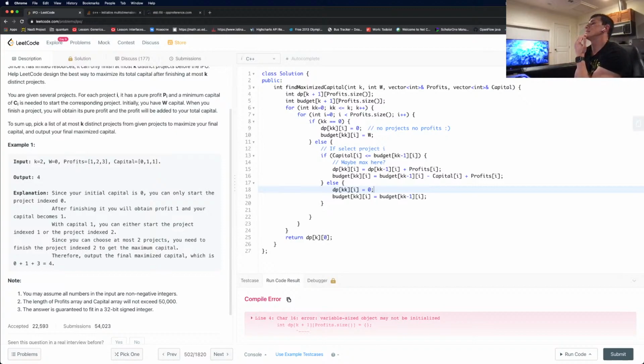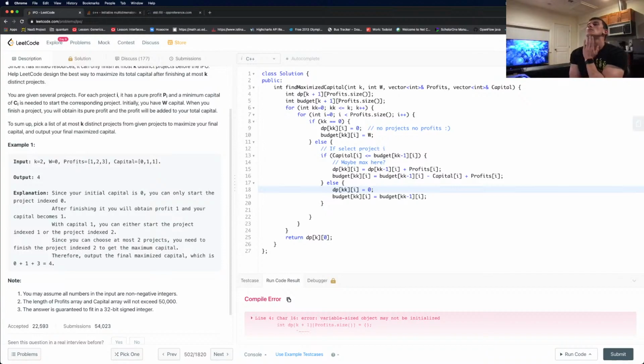But then, but do we really need to track it stage by stage? That's the question.